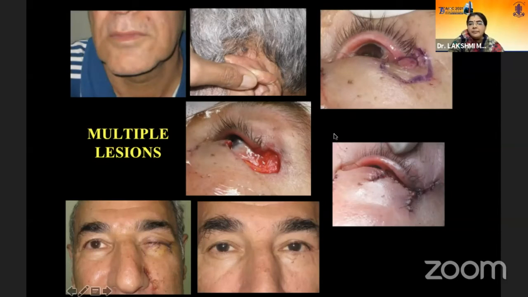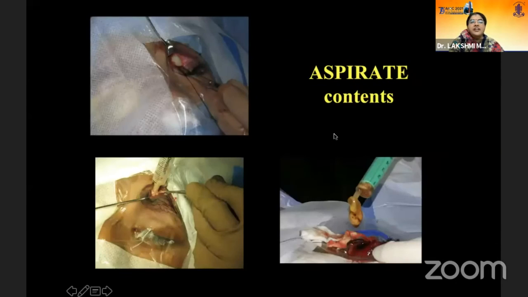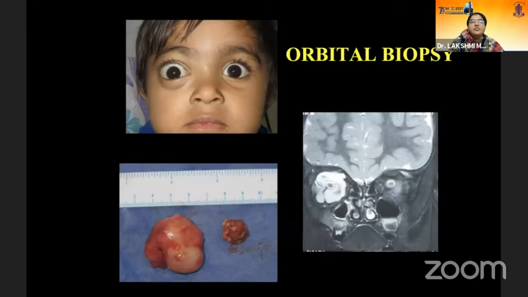So you may have to do multiple biopsies under frozen section and reconstruct. Sometimes you have to take the biopsy with the help of a syringe, especially in a dermoid or when there is some amount of infection also involved. And you can accordingly distribute the specimen both for microbiology and pathology.